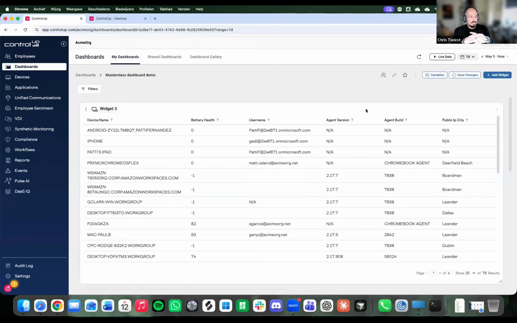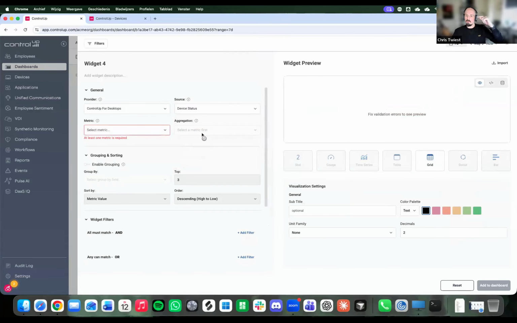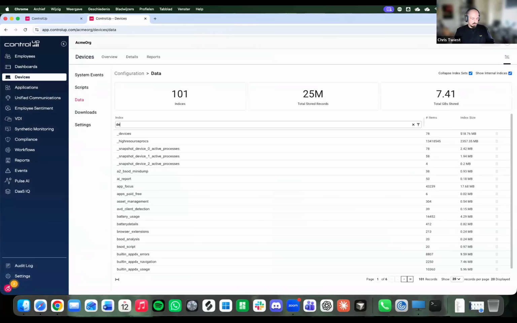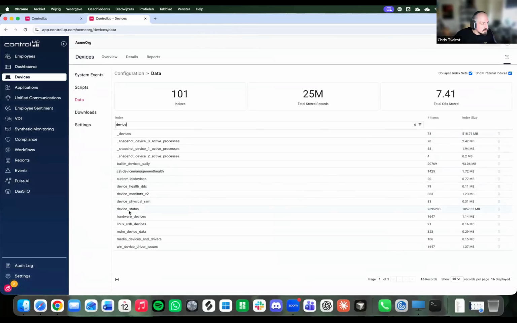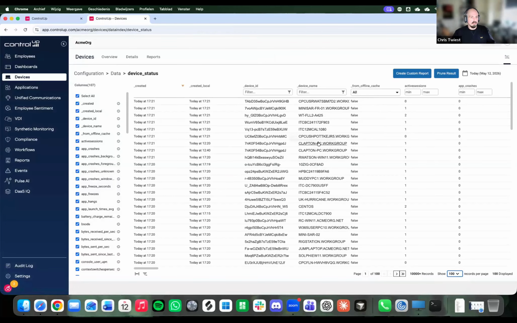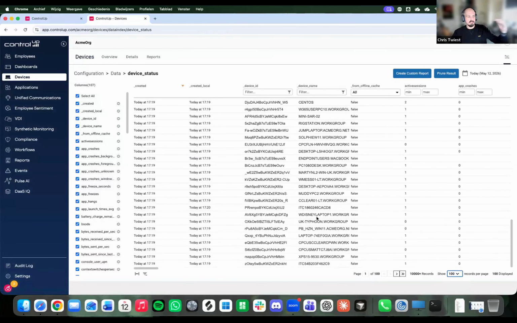The only thing is, with this, it isn't aggregating data. For example, this is the devices index, but we also have an index that is device status, and that is historical. That's writing a row each minute. So if I'm looking at the raw data viewer here, and we go to device status, and let's put it to show 100 instead of 10, you will see that machines have a lot of rows. Each machine is writing a row every minute. In large environments, this can be billions of records in a week.